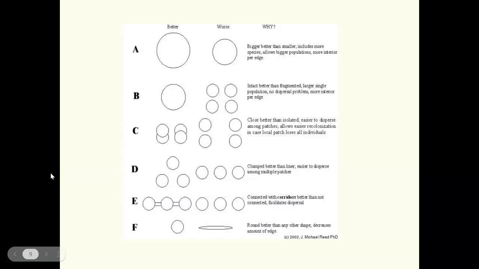This is just another chart showing you better or worse, and this one has the explanations next to it of why one might be better than the other. And so that's just an extra way for you to see all